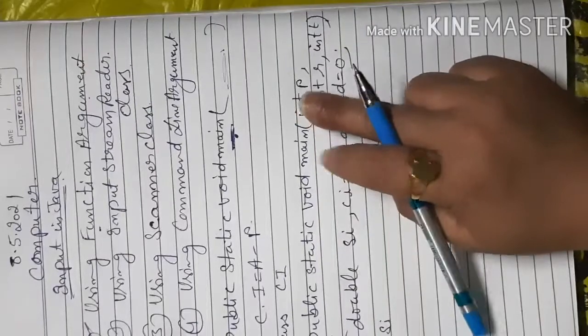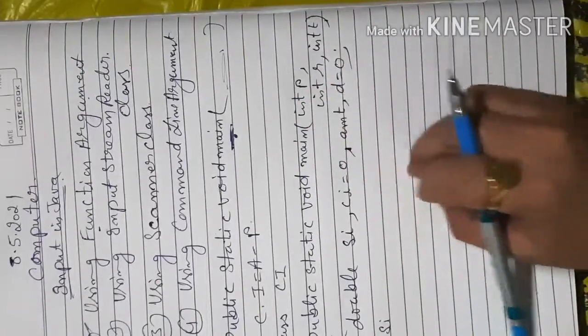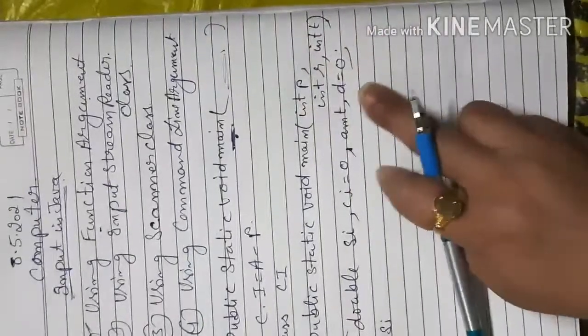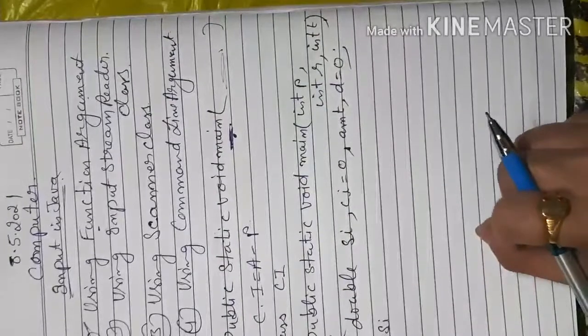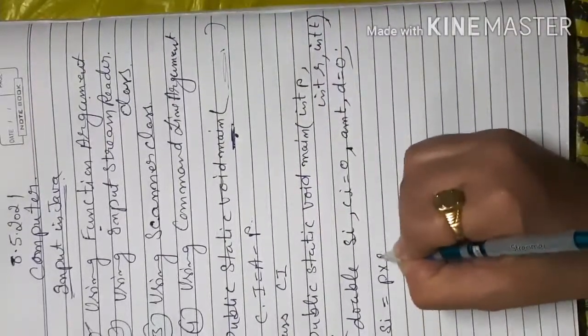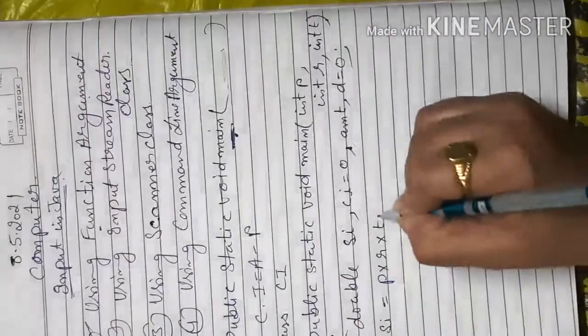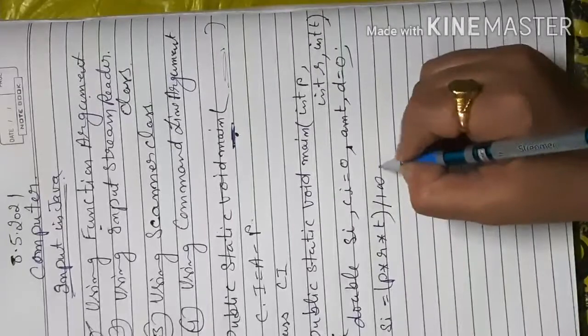It is not written that this is the principal value, this is the rate value, this is the time value. You have to just enter yourself according to the serial order. The first one is principal, the second one is rate, the third one is time. So now you have to calculate simple interest here: principal into rate into time. You have to keep this in the bracket and divide by 100.